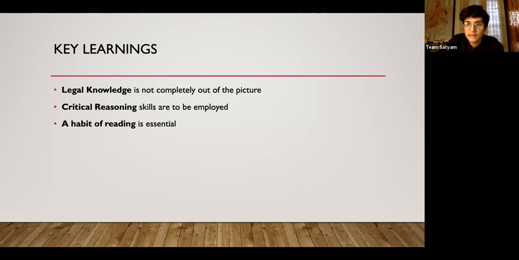This was a lengthy paper. If you look at all the sections combined, I think the total number of words together was 19,000. So that's almost like a thesis. So a habit of reading is essential. So people who are going to be preparing for Clat 2021, start looking at passages, start looking at legal articles, go to the websites of Wire, Quint, Scroll, where you will be able to find passages specifically on legal issues, where you can develop the habit of reading such passages. So these are a few key learnings from this Clat 2020 paper.